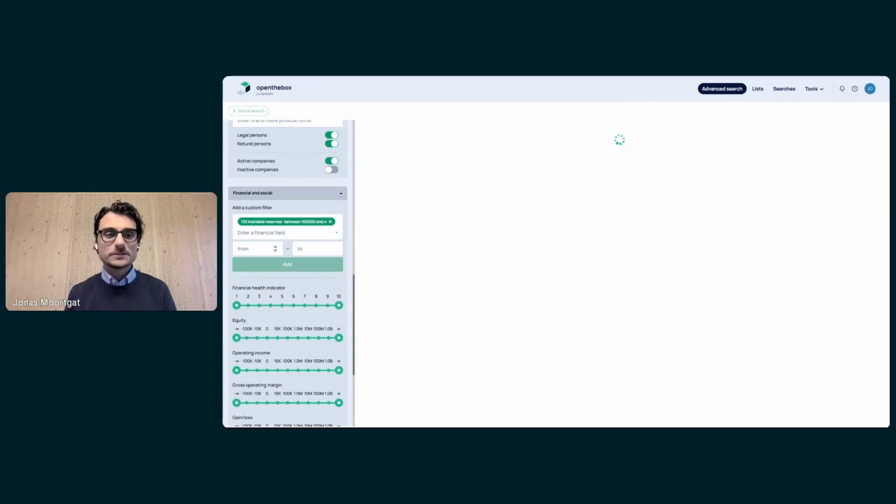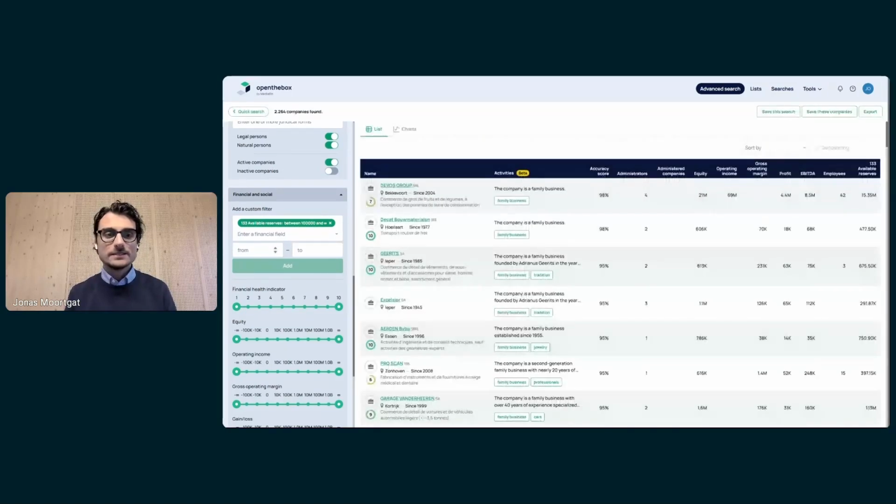Let's see if any companies will still remain in the list. Then again, we've made a filter, and right now you'll see that these companies are still matching with the previous filters I've used, but also the specific one, the financial filter I've just added, will be added all the way to the right, and will also show me that these companies indeed have at least 100,000 euros available on